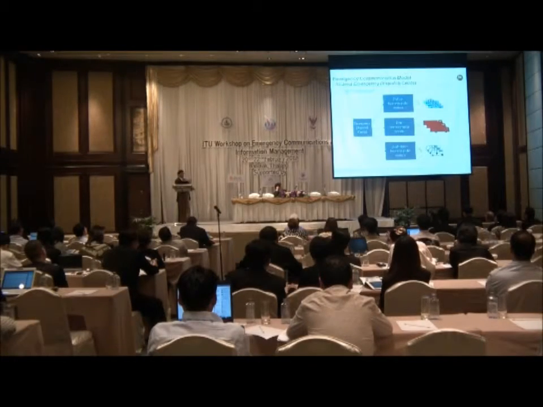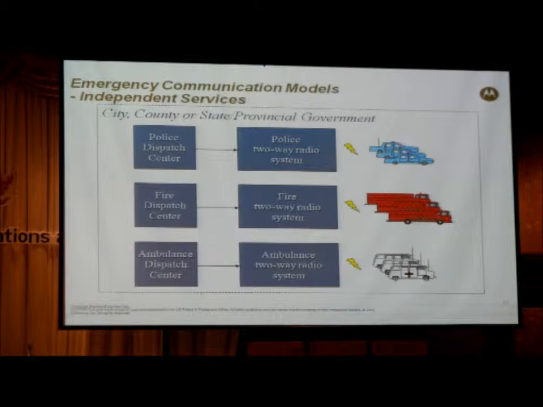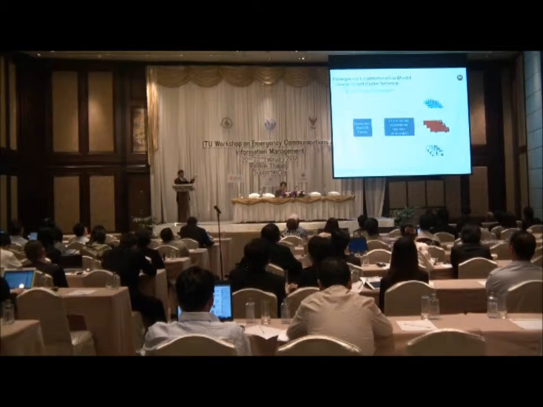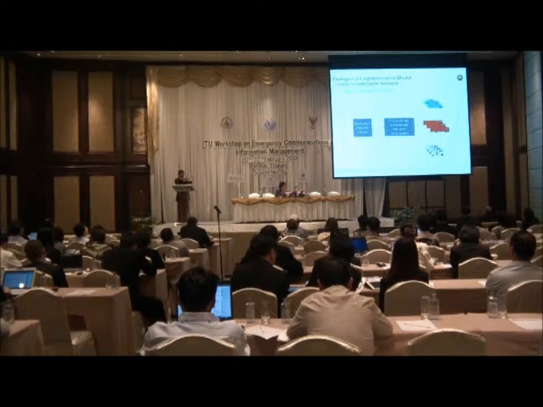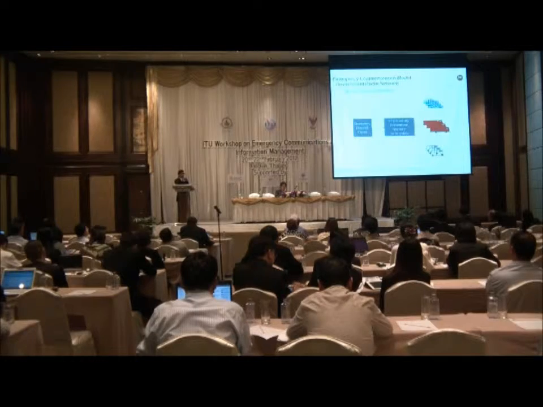But again, what you're seeing here is that you're using multiple radio resources. You're using 3 independent radio systems. While it may work in many cases, you may also need to combine these into a single radio system. So you have a system where you have a single emergency dispatch center and a single radio system, which then has compartmentalized or separate groups made for fire, a separate group for ambulance, but that's all using a single radio system, which is called a government radio network.